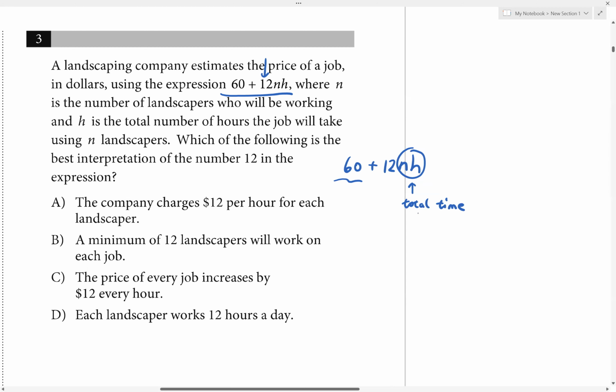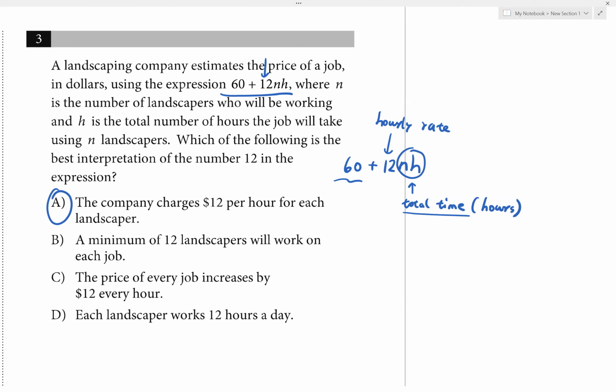So we have the total number of hours, and 12 has to be the hourly rate, how much they charge per hour. And the 60 will be some kind of fixed cost. Maybe we have to pay 60 for the materials upfront, and then each additional hour is $12. So the best answer should be A, because the company charges $12 per hour for each